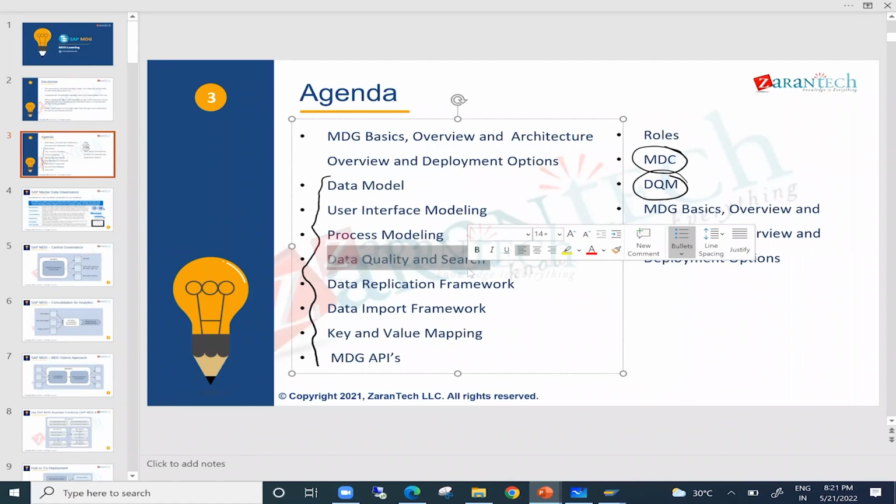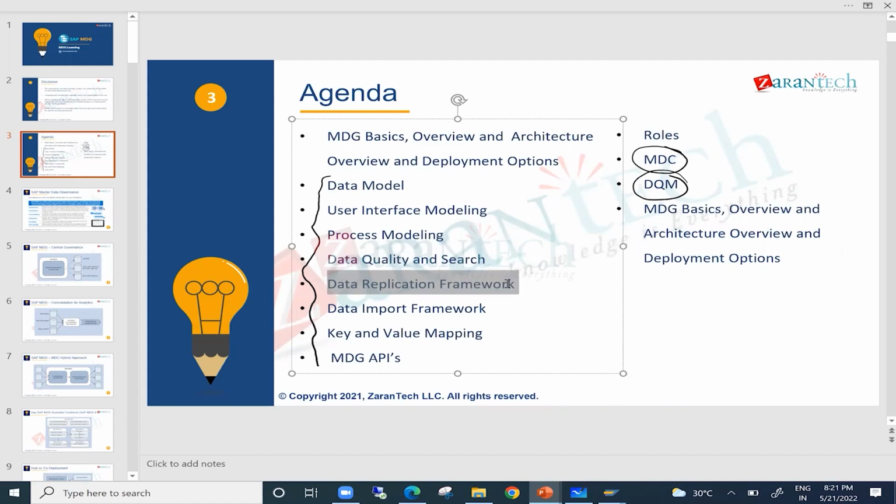It's just a configuration activity. Okay, so in data quality, I would say 50% technical and 50% functional topics will be there. Similarly, when it comes to the data replication framework, this one deals with when you have multiple